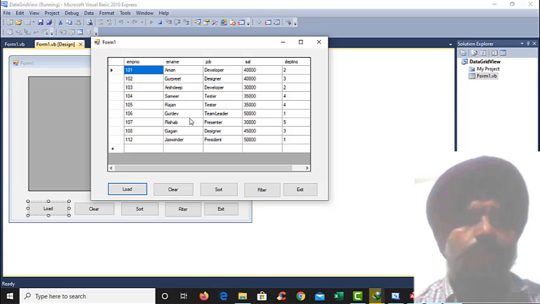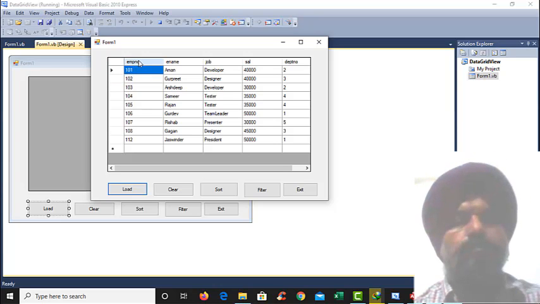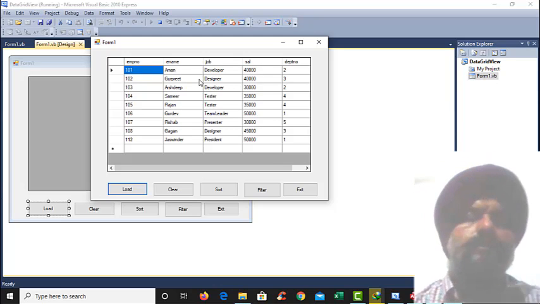So if we have to refer to the 101, then we can say row 0, data grid 1 dot row 0 and dot column 0. It means the 0th row, 0th column is 101, first row 0th column is 102, and in a similar way it works like a matrix. But we are not complicating this.